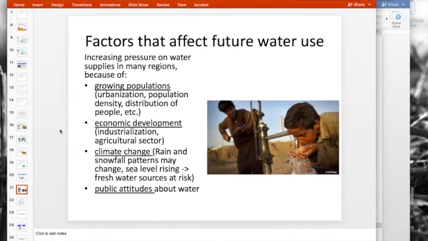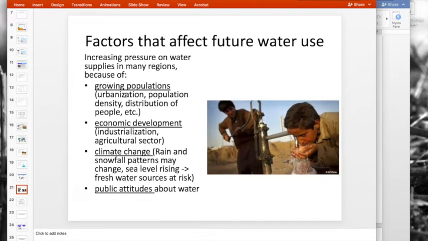Now we're going to, in the second part of today's class, after you've been through and done your definitions and your reading, be having a look at how water usage and how water availability has changed over time. We have some historic data that you guys can work on, but to think about, being in a moment and moving forwards, then we have here some factors that might affect future water use. And obviously, if you're in the past, then they have affected the water use today.